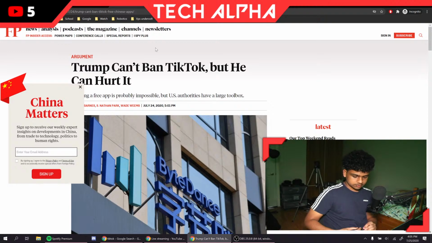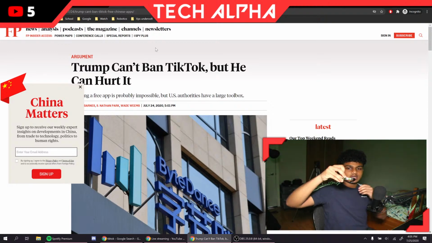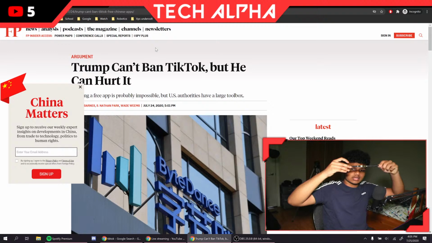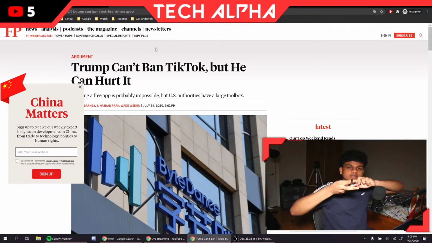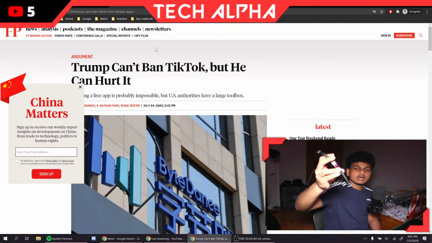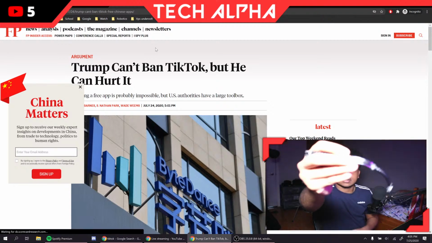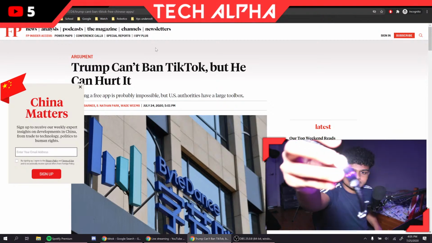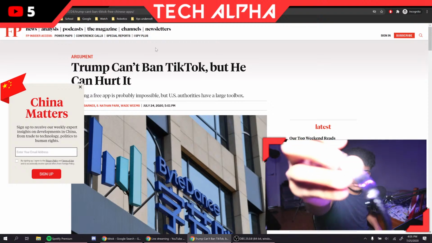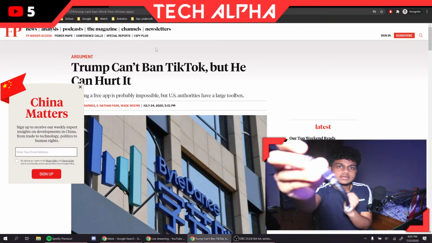Oh, by the way, I want to share with you guys something. This right here, I got this bracelet from AliExpress. I think it was like $5. I don't know if you guys can see. Will it focus? Nah, it's not gonna focus.